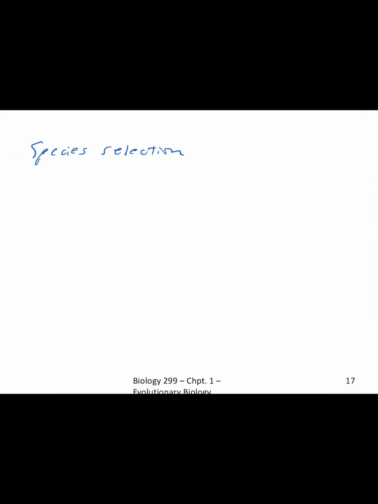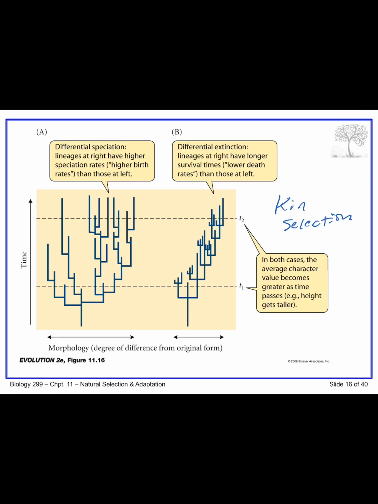All right. Sorry, here's the slide I need. I got ahead of myself. This is the figure that has to do with this. If you look on the left, what we have here is time on our y-axis and the degree of variation in some morphological feature on the x-axis, okay? In figure A on the left, we have a higher rate of speciation in these lineages on the right. New species are produced faster than in those lineages on the left.